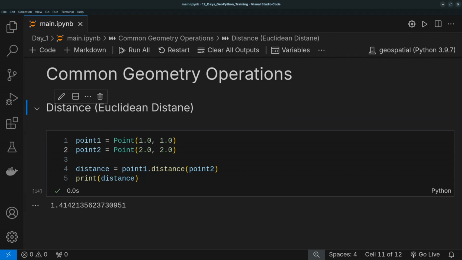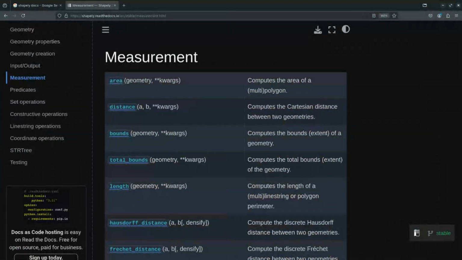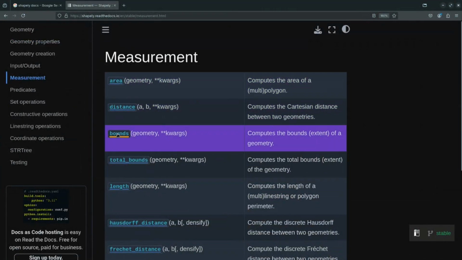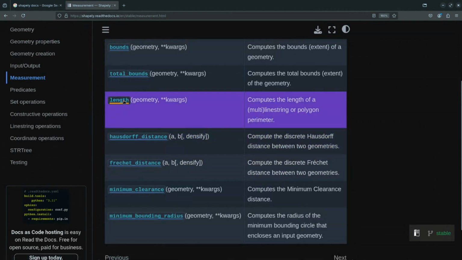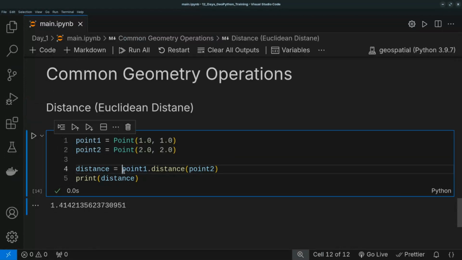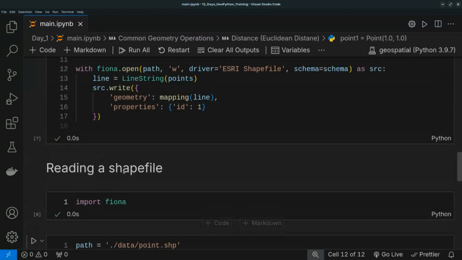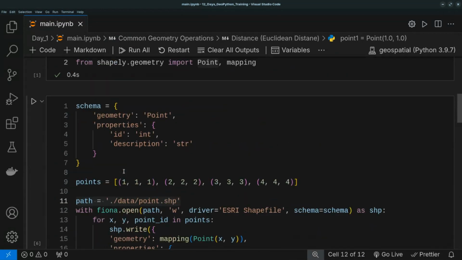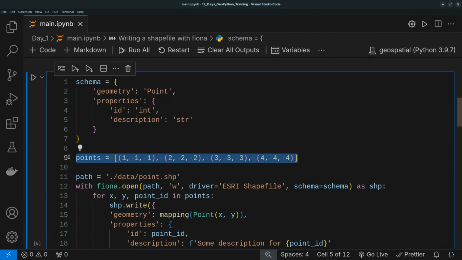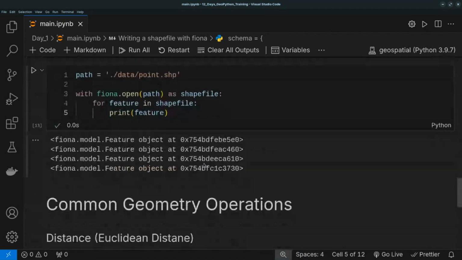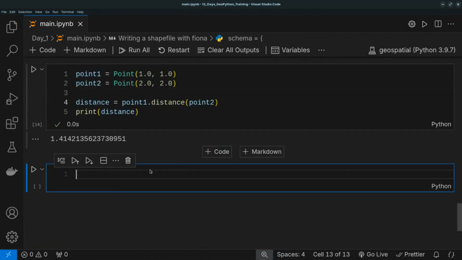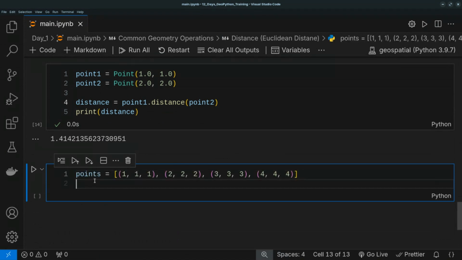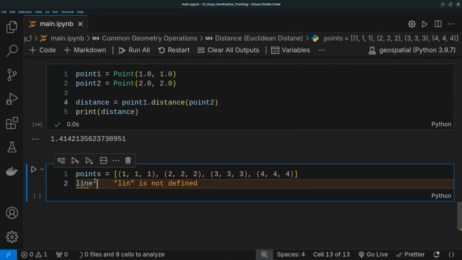We can also find the intersection of geometries, or maybe we can look at a few of the things here. If we say dot bounds or dot length, it should compute the length of this line string for us. Is it a line? Okay, so let me come up here. Where's our line string? Okay, this point here, we can convert it into a line string and then compute the length of that one also. And then our line here is equal to,